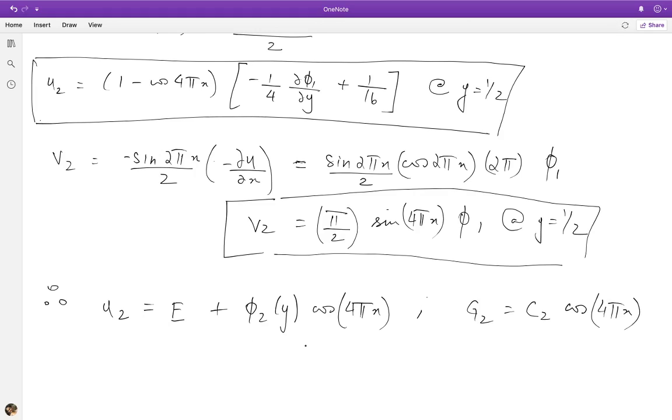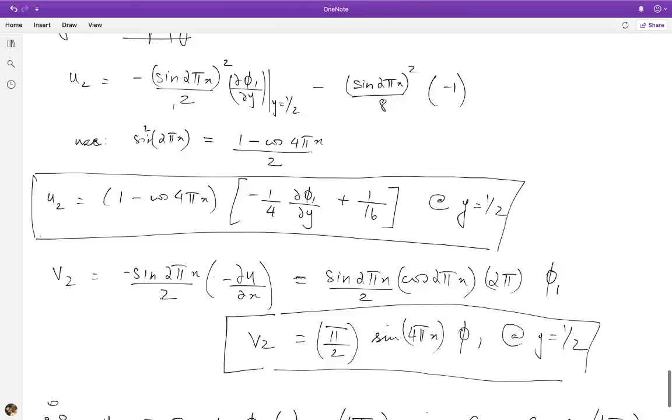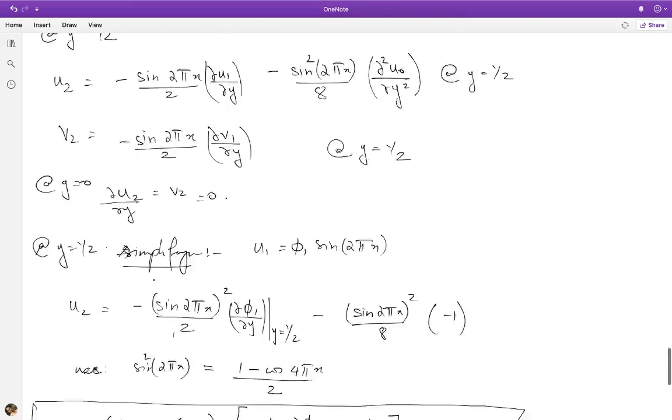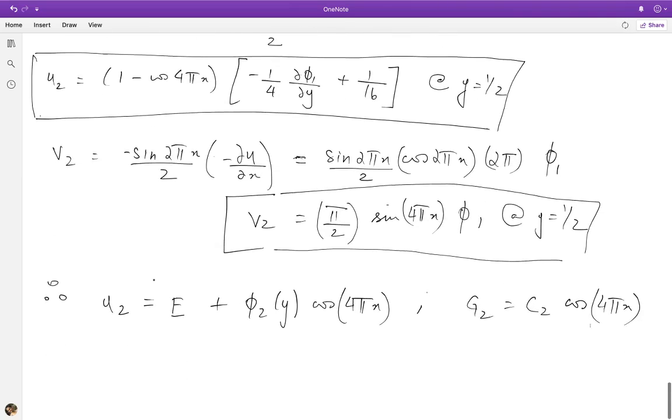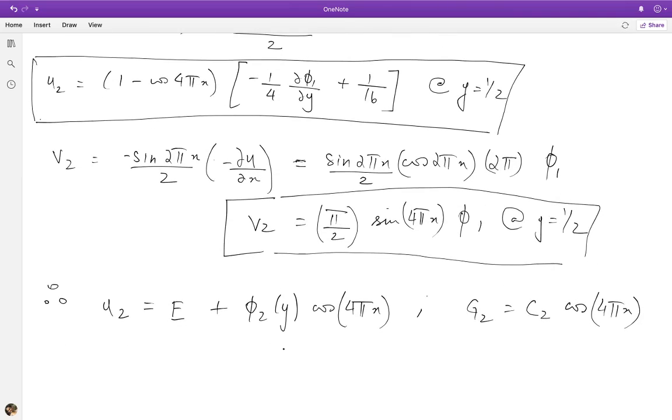two unknown constants of integration and G2, substitute the boundary conditions, and then use my condition on the flow rate to determine the unknown constant C2, and then I can find U2 and go back to my equation for the flow rate. But here again the problem helps us to simplify the calculation for the flow rate, because as we had seen